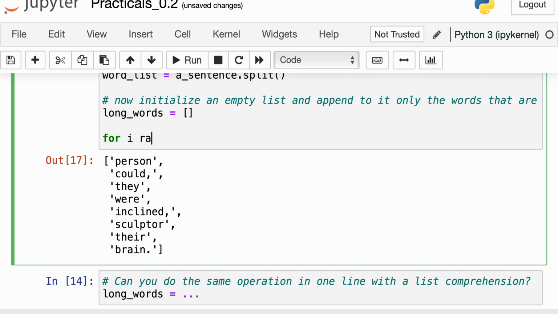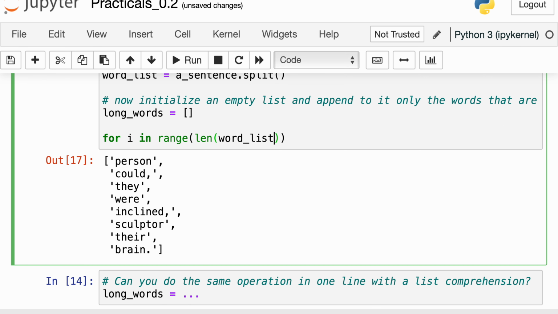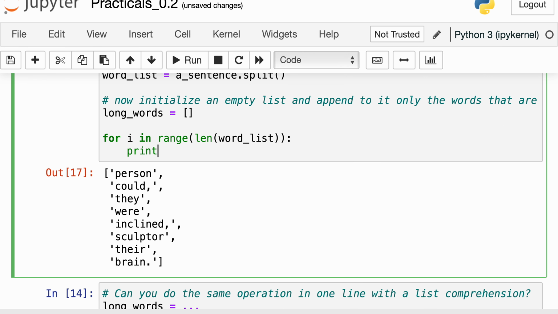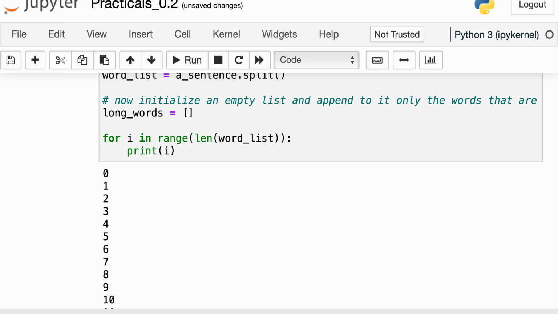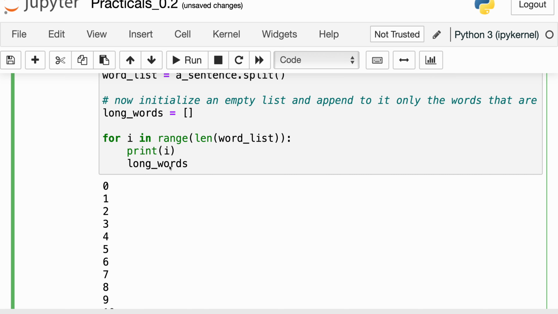So you would always say something like for i in. In Python, remember that if you want to go just with a number, like the basic way of looping just with numbers, you always have to say range. Okay, and if you want to go through a full list, and you don't want to type manually the length of that list, you want range of length of the list. So let's say word list. Okay, and like in this case, i will actually be a number, and if we want to get the word, we would say, let's say,